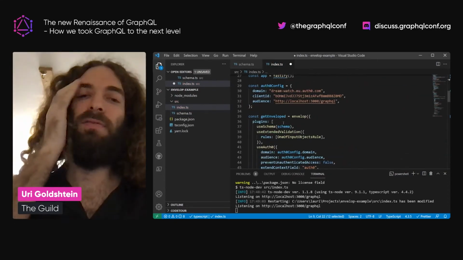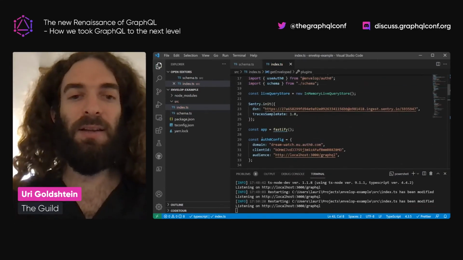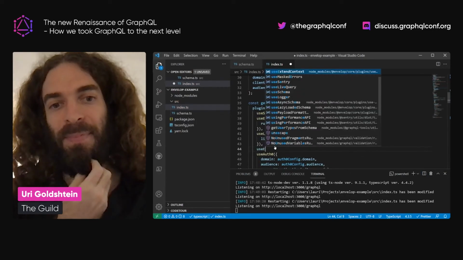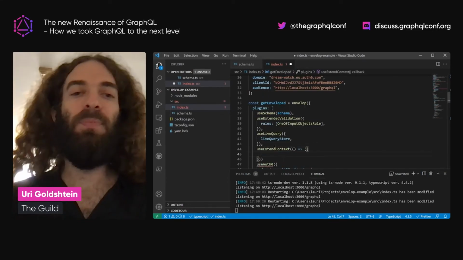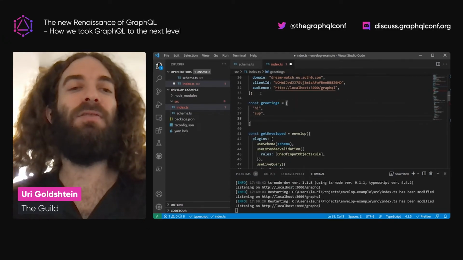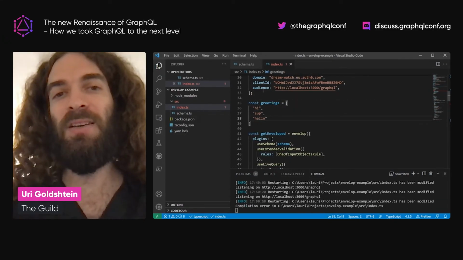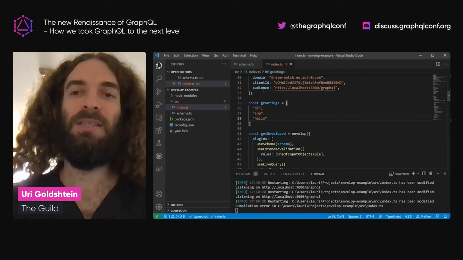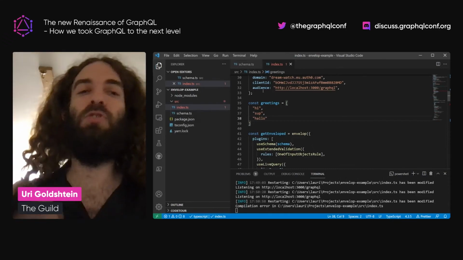One of our members of the guild, Lauren, has actually created a library called Live Query. I'm going to skip all the things here, but let's imagine that we have a reactive source. Maybe it's a reactive database or anything like that. Something that keeps changing and keeps pushing new data.